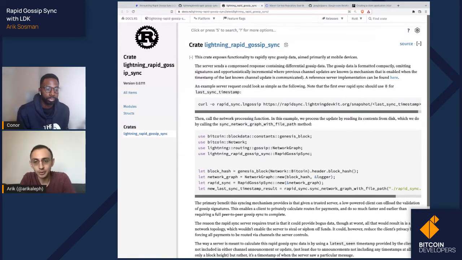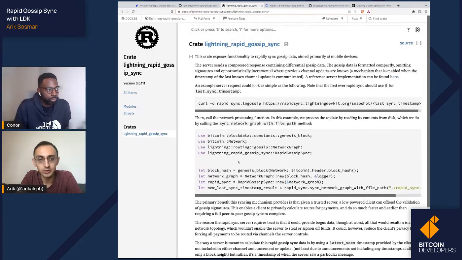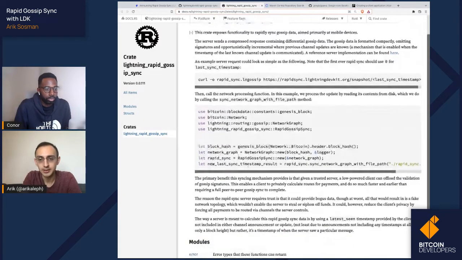Here in that code snippet, you see an example of us doing that in Rust. We're going to do pretty much the same thing, but in Kotlin. There are really just two or maybe three steps involved, depending on how you choose to implement it. The first step is we're going to get the full snapshot, because we want to demonstrate how little it takes to download the entire network graph.